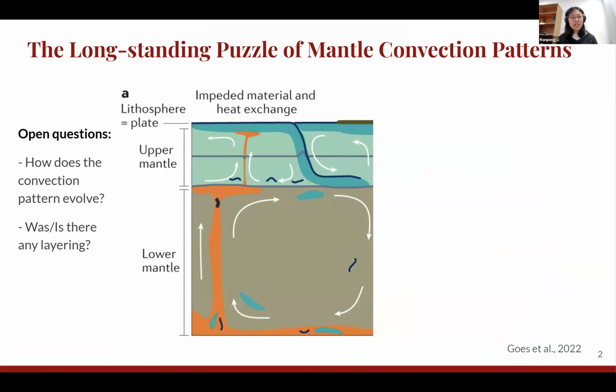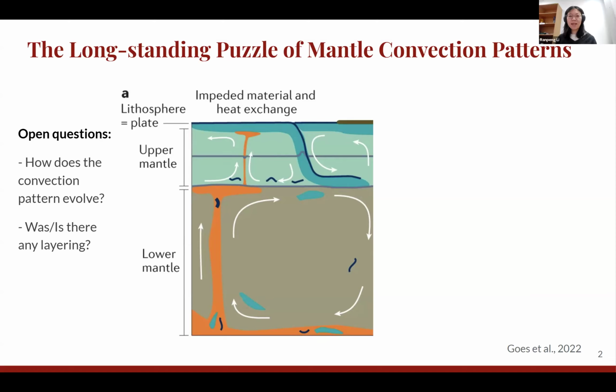There are many open questions about mantle convection. For example, we don't fully understand how the convection pattern changed as Earth evolved. The geochemical data has suggested that there could be some different reservoirs and even primordial components preserved in the lower mantle, which means the Earth is not super well mixed, which can be caused by some layering in the convection,